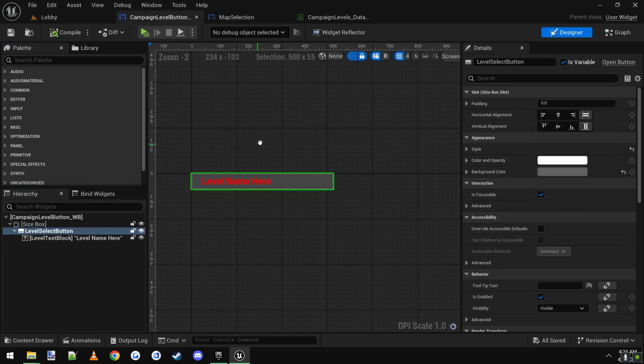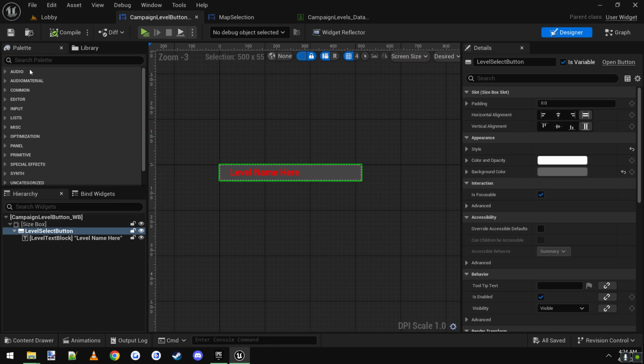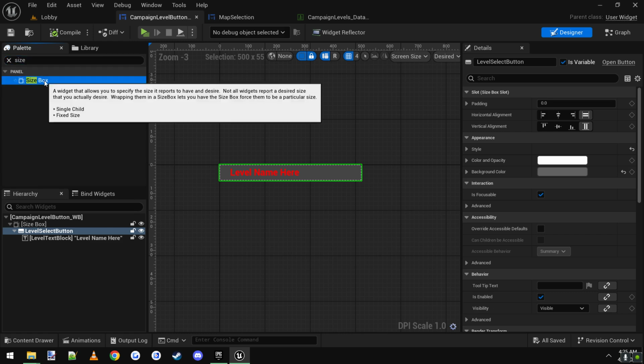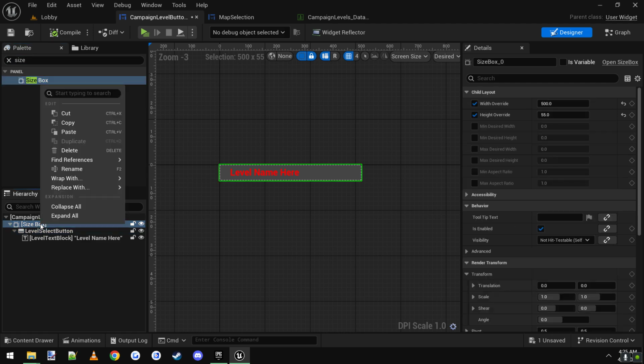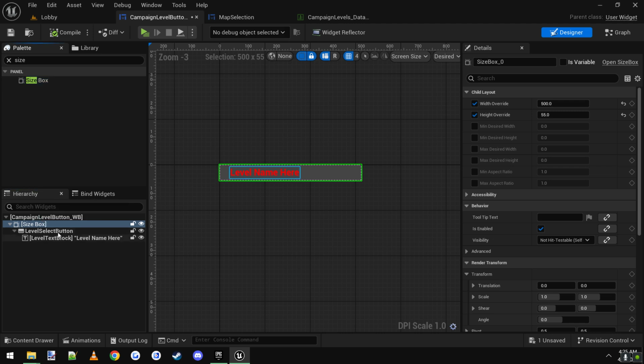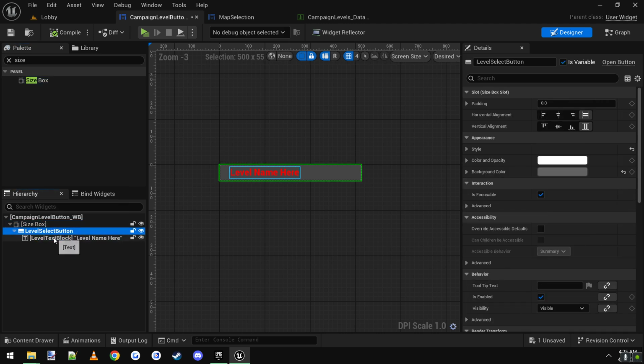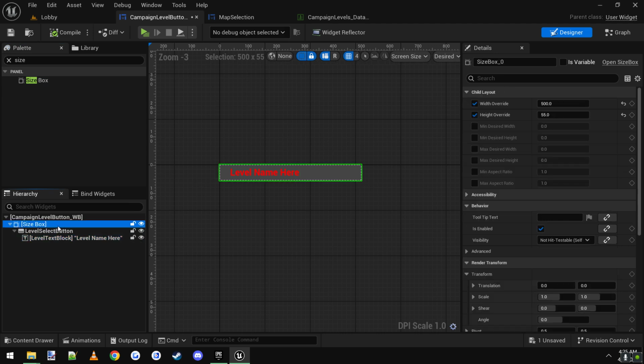We go back to our campaign level button, and we want to first add a size box. You just type in size box right here, drag it in down here, and then once you have it dragged in, you can paste. And once you paste, it will look like this. You'll have the level select and the text, but also click on size box and check the 2 boxes here that say width and height override. Width of 500, height override of 55. You can change those to whatever you want, but that's what looked decent to me. And let's see, with that done,